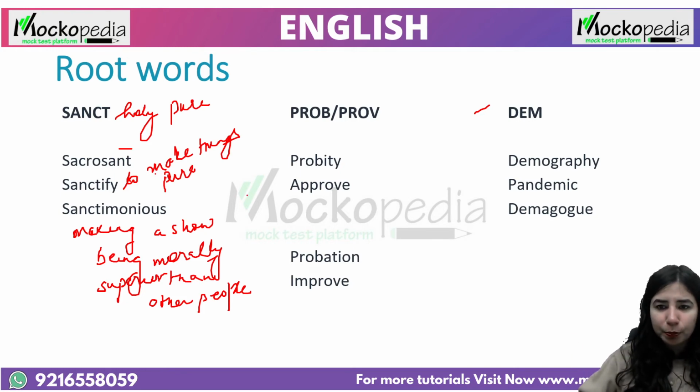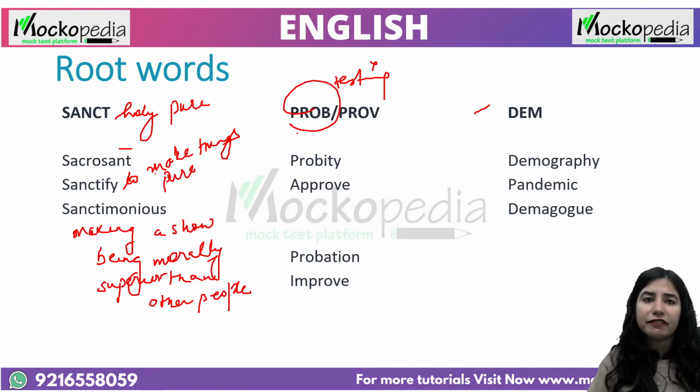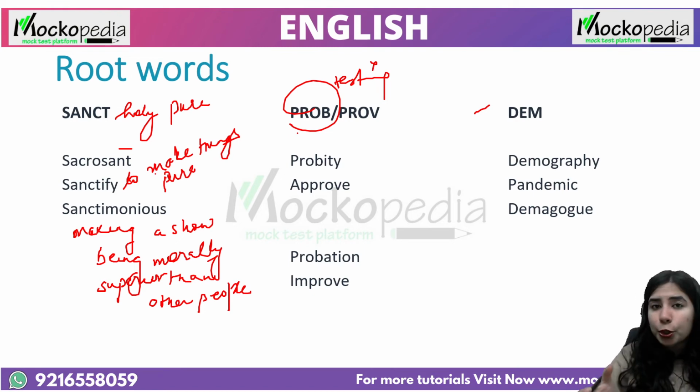Next comes the root probe, which means testing. Okay, prove yourself, right? We are testing you, right? Probe is going on, a period of probation. Have you seen? When people join, usually 6 months are given, which we call a period of probation. Probation is where you are tested, how good you are. Usually once the probation period is over, you get a letter of confirmation. Most of the firms do that. And government jobs, again, have a period which can vary. In some government jobs, even 2 years remains the period of probation.